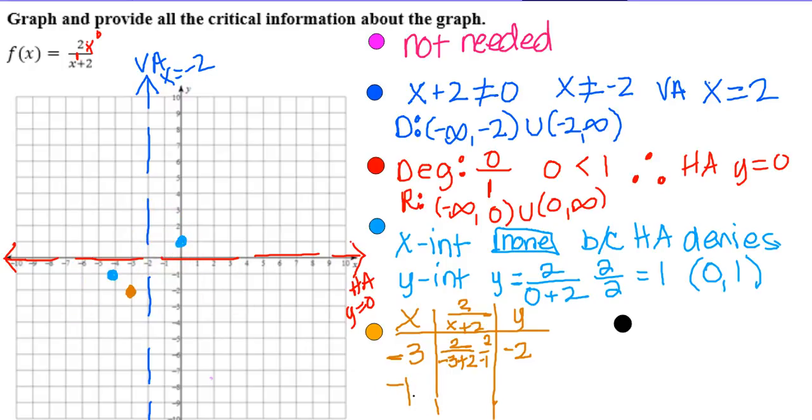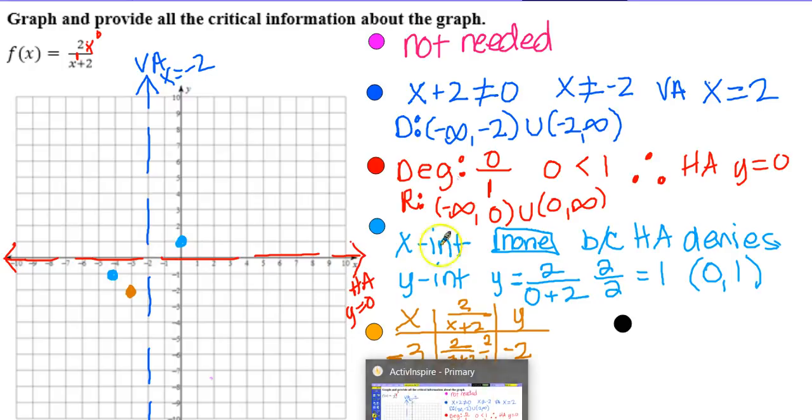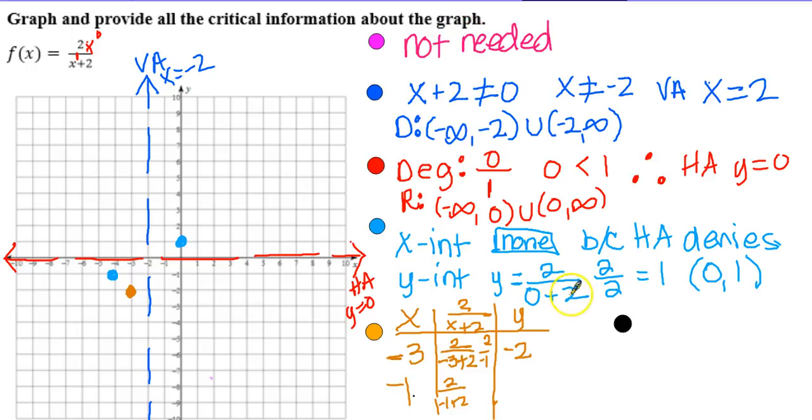And that's where x is -1. Watch, it's going to happen. So 2 over -1 plus 2, which is 2 over +1. 2 divided by 1 is 2. So -1, 2. So you see a little trust there for what I'm telling you is the truth,